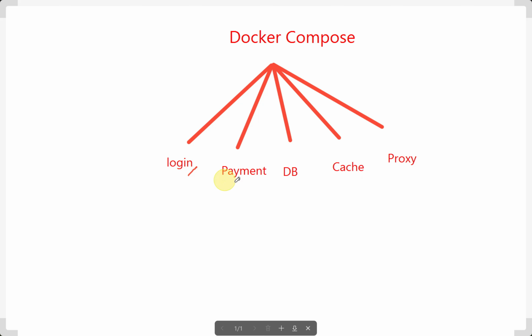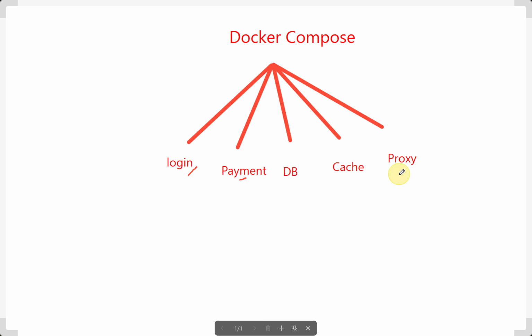Here, each of these services will have its own container. For example, if my application has 10 different services, then I have 10 different containers, and each of these will have its own Docker image. Then how do we manage these? Should we create the Docker image for the login service using docker build, then create the container using docker run? After that, docker build for the payment service, then docker run for the same. Should we do this for all 10 services? We can do that, but that is not efficient, right?